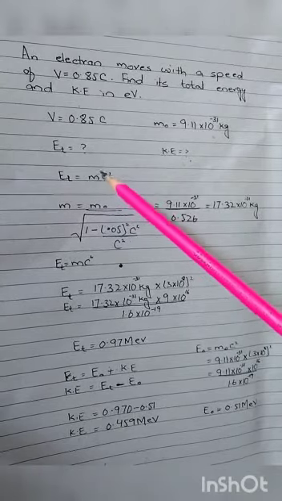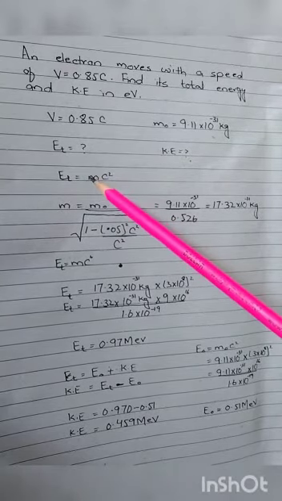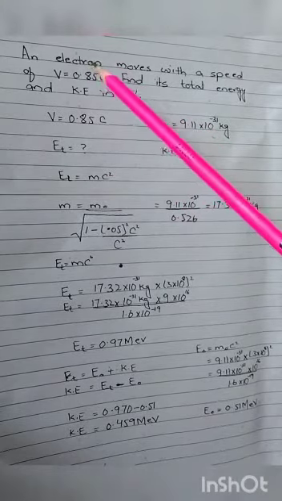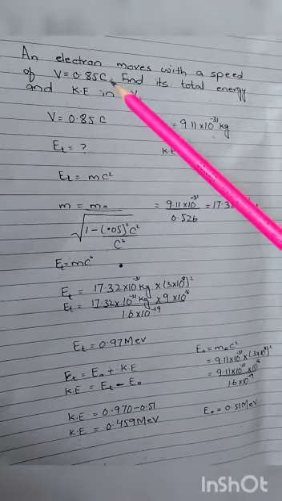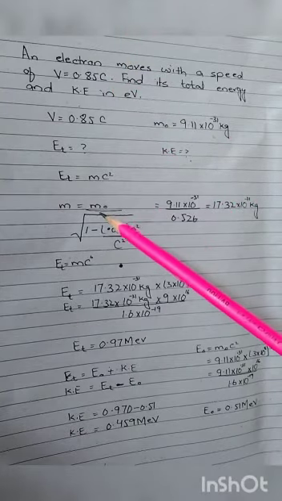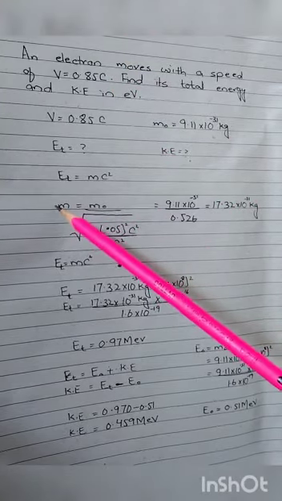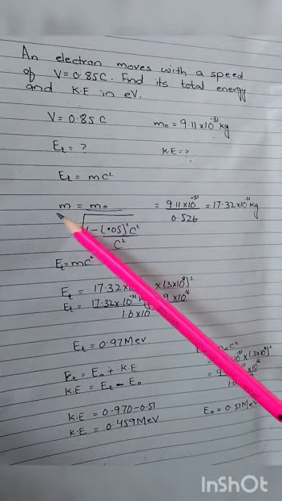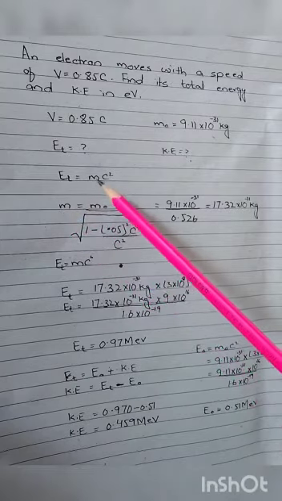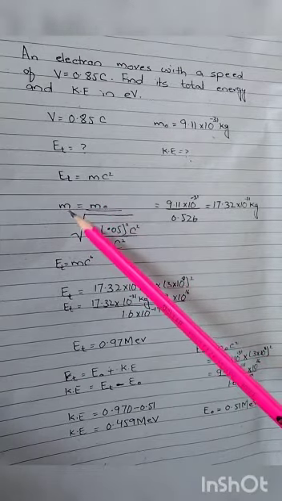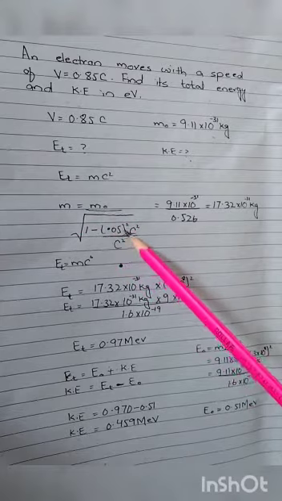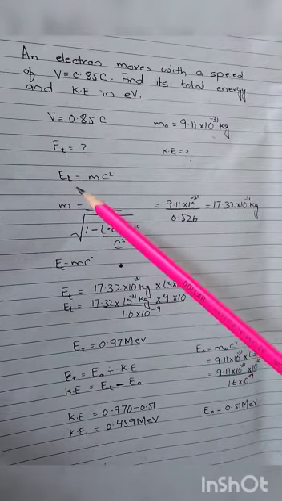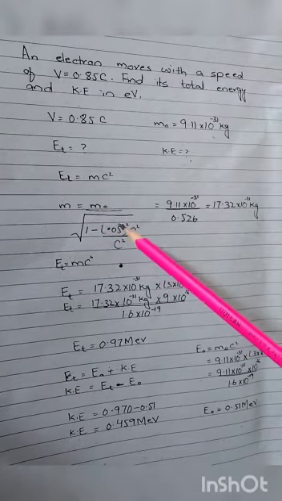So first you have to find the value of the relativistic mass of the electron. You have the value of rest mass, but when it moves with speed 0.8 times the speed of light, you know that there is mass dilation. So first you find that dilated mass and then you find the total energy. Now by using the formula of mass dilation, first you calculate m. The formula is m is equal to m naught divided by the square root of 1 minus v square divided by c square.